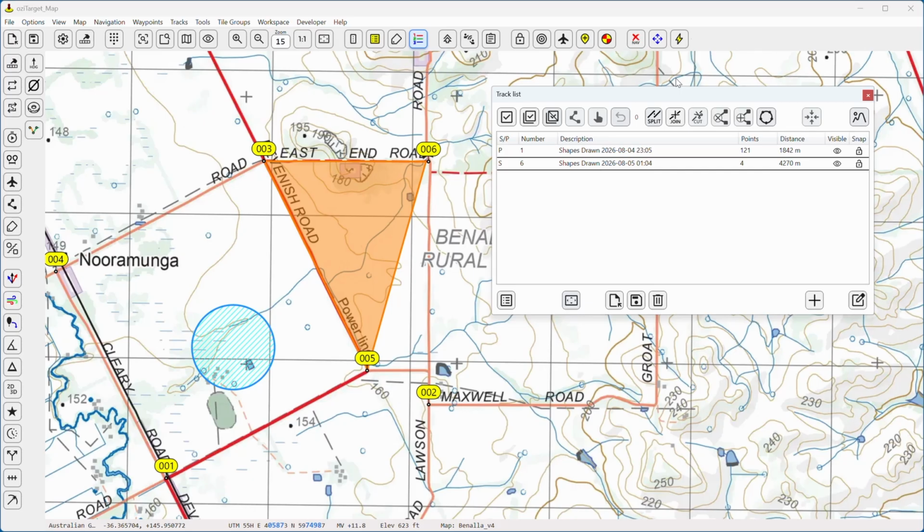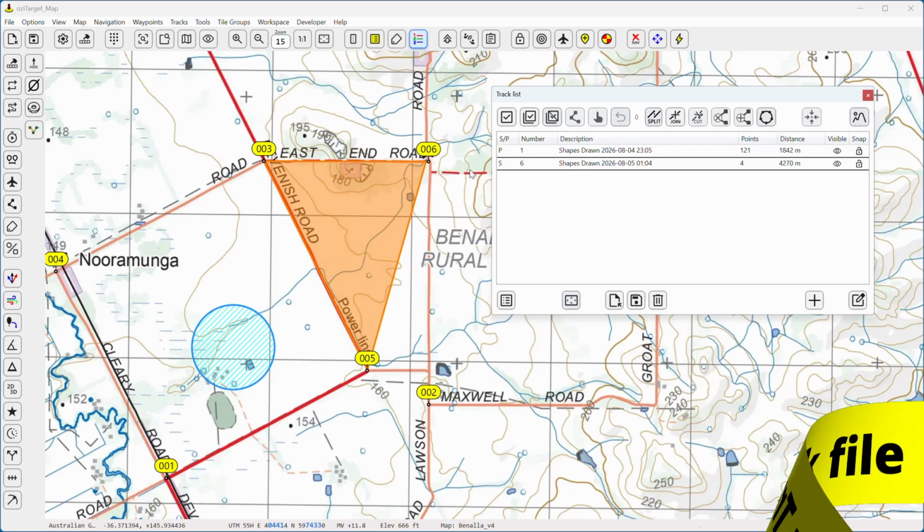Track files can either be a collection of shapes or points, and each track file will show this with a P or S at the front of the line. One of the key differences if you're coming from Aussie Explorer is that new track files are drawn as a collection of shapes rather than just a list of points. This enables us to use a range of tools to draw primitive shapes that load and draw very efficiently. The one limitation is that the style, the fill, line color or weight will be the same for this group